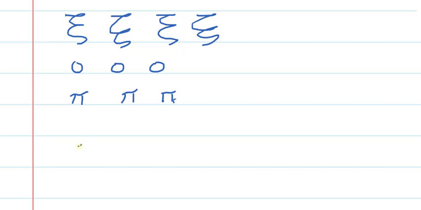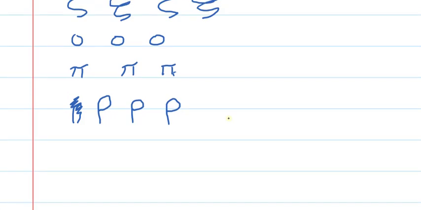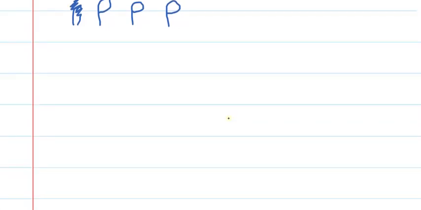P. Rho, got to start below the line. Oops, sorry, that should go up a little bit higher. So like that, okay? So rho. Okay, that's an R sound. Rho. Next is